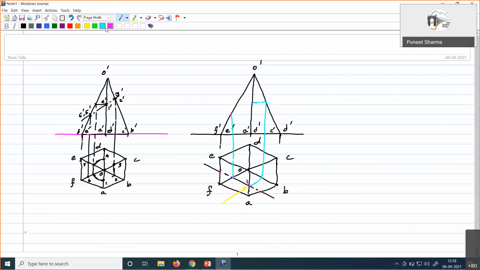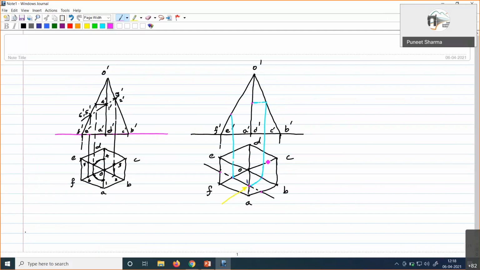So as you mark it here, now it is possible to locate this on O dash B dash here. I have given some wrong name. Yeah, this is B. Sorry. This is B. Yeah. So on O dash B dash in the front view, now we can locate it. So after marking it here at this location, I hope the pointer is visible to you.